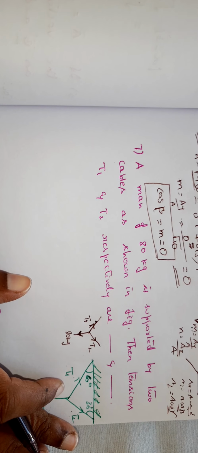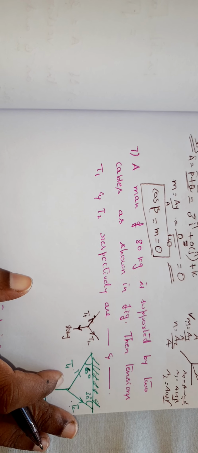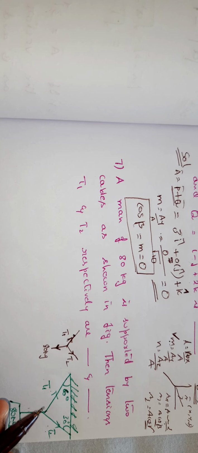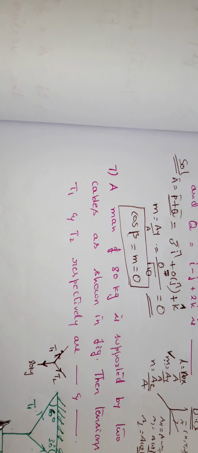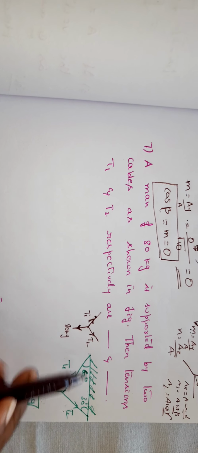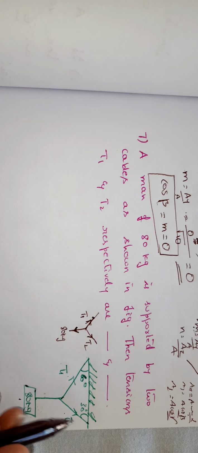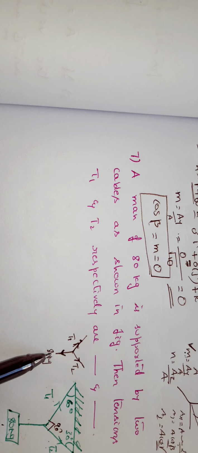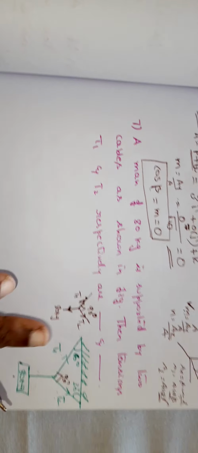Because a by sine alpha is equal to b by sine beta is equal to c by sine gamma, is it not? So therefore, you have now a, b, c as T1, T2 and w. So our job is to find out the angles now. Right? How do we find that? Now see, take this. This is a triangle. No need of any other concept, and nobody can change its status here. 60, 30, therefore it is 90 degrees. So I got the angle which is exactly opposite to this. This is 90 degrees. I got one of the angles.